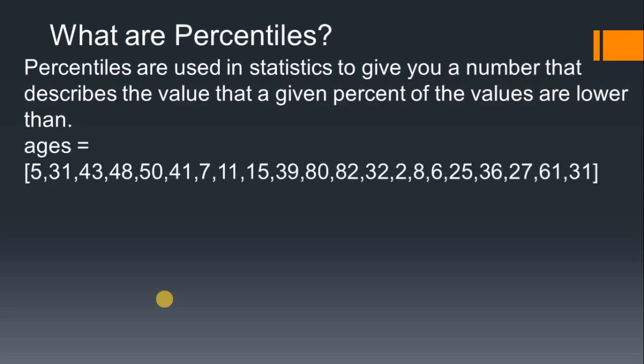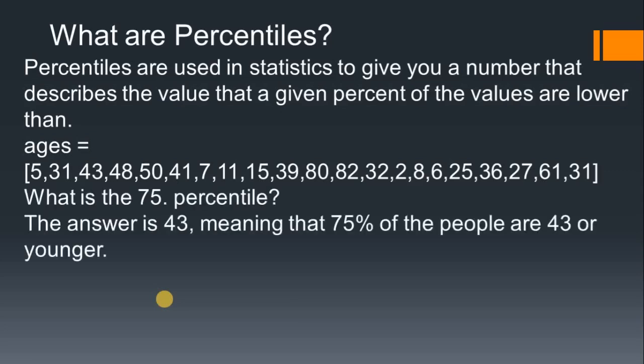These are the list of values and we will find the percentile here. Suppose I want to find a percentile of 40%. I will search for a particular number: a total of 40% of the people involved are younger than this. Here the example is, what is the 75th percentile? The answer is 43, meaning that 75 percent of the people are 43 or younger. We track the values. Suppose the example is 75%, we track the value and that value will be 43.